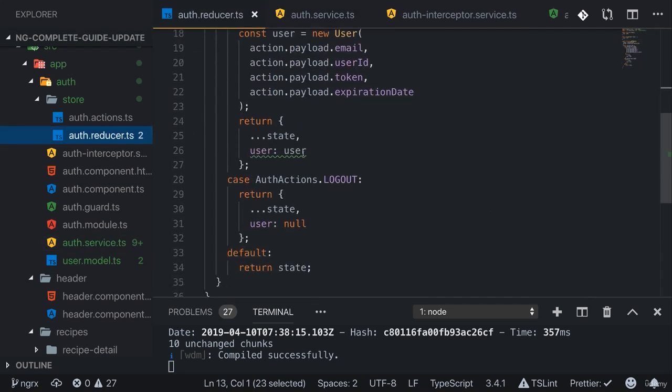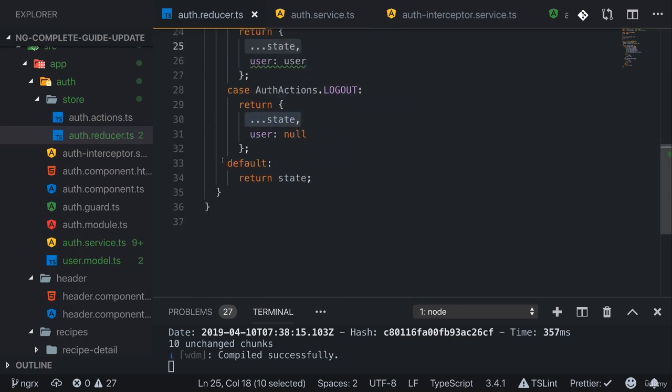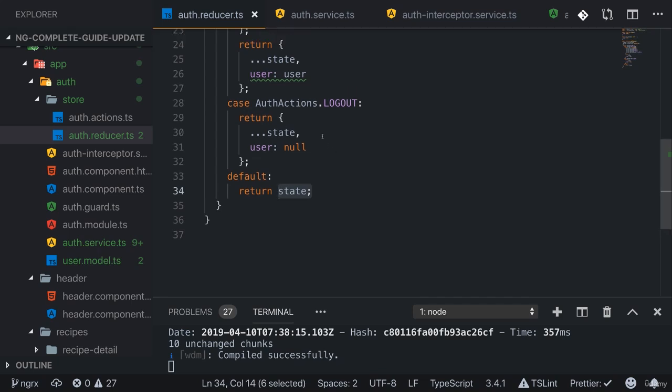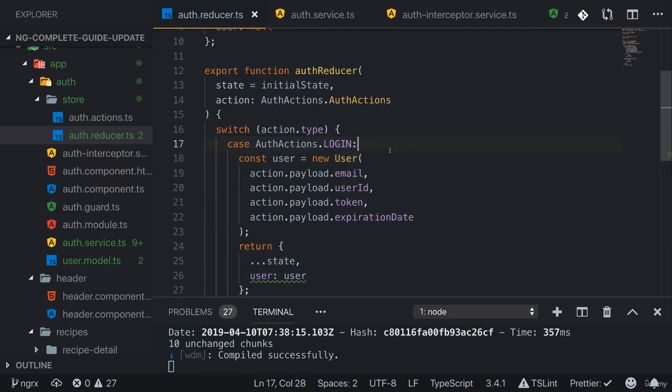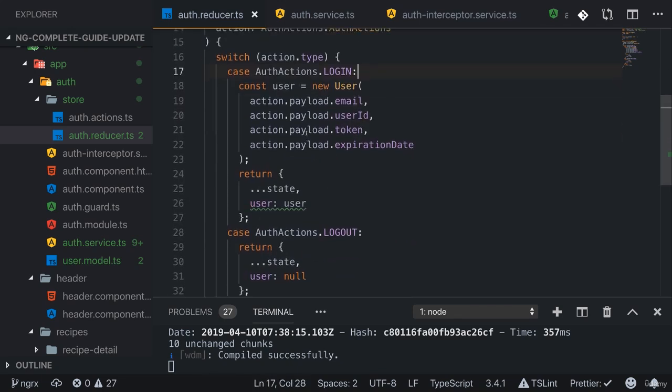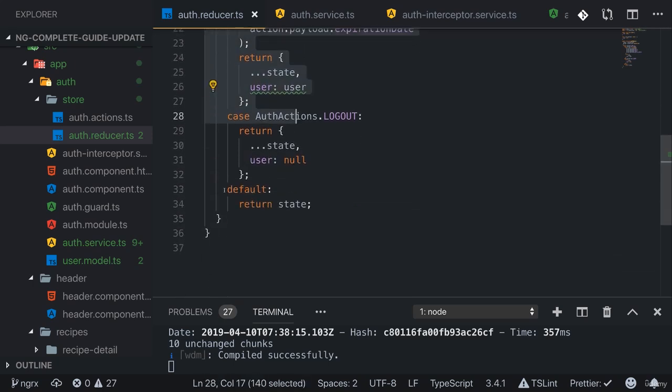It's even more important that you always copy the old state here, and it's super important that you return this default state here, so the unchanged state, because if a shopping list related action is dispatched, it still reaches the auth reducer. In there, of course, we have no case that would handle that action, hence all these code snippets here don't kick in, but therefore the default case kicks in and handles this. And there we absolutely have to return our current state, otherwise we would lose that